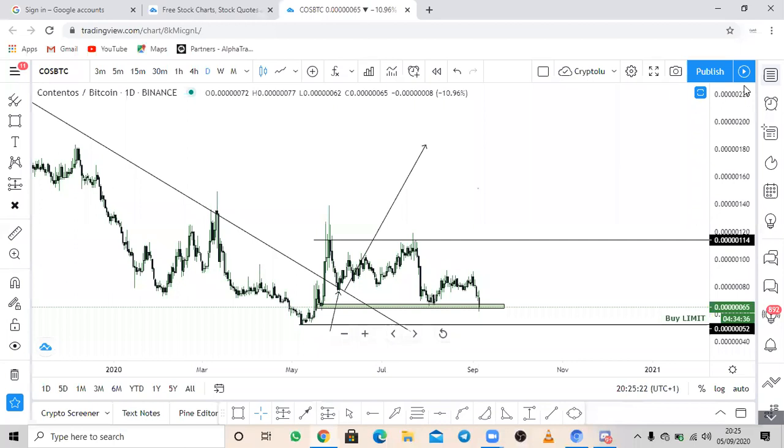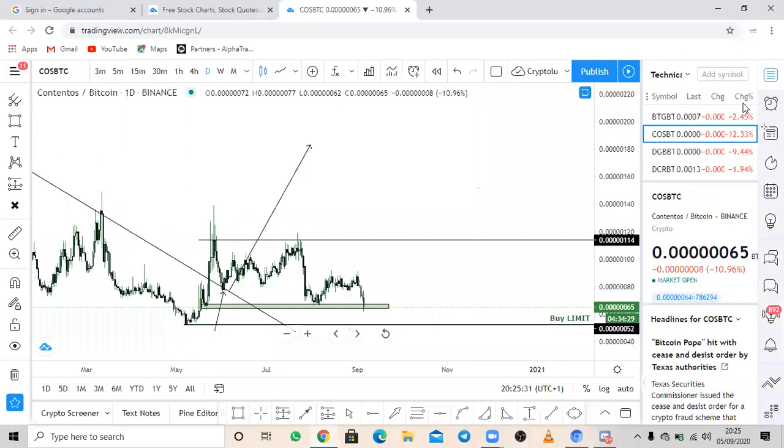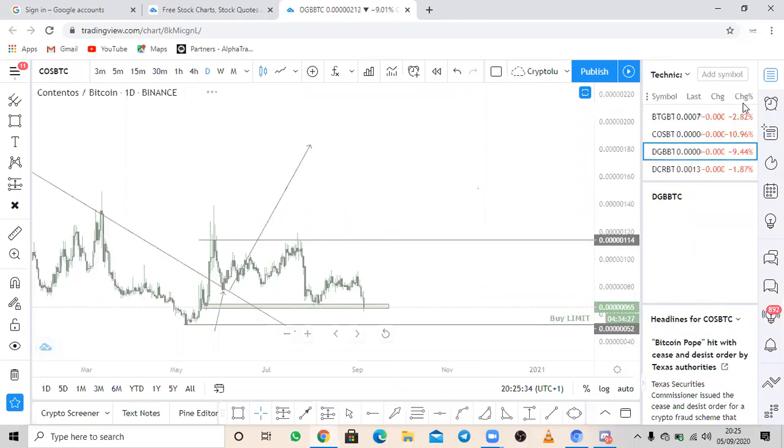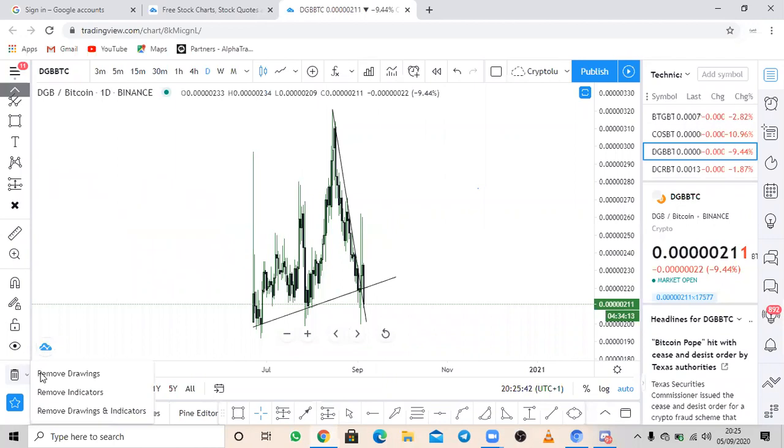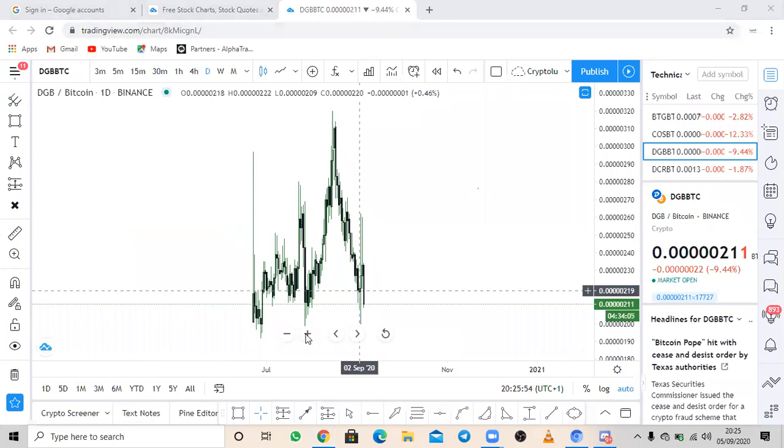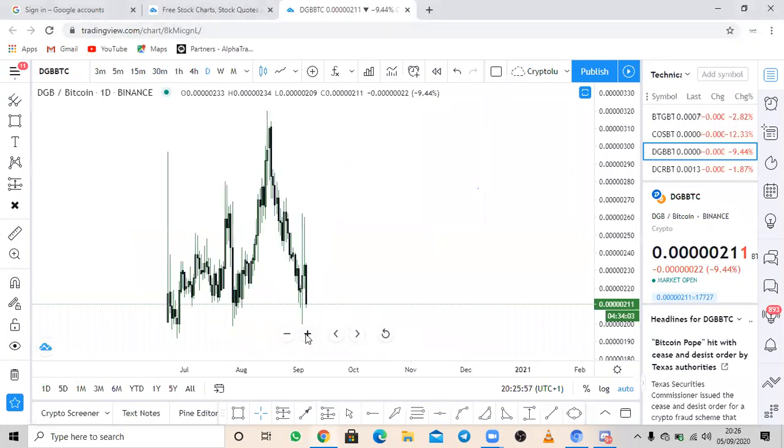Next coin. DGB-BTC. Okay, so on this one, we have